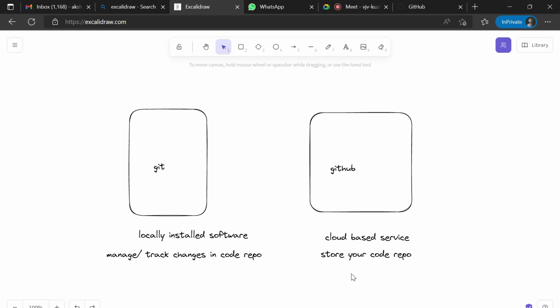But when you store your code repo on services available over the network, they are very reliable, and there is a very rare chance that your data will be lost. And even there is a possibility when you store your code repo on GitHub.